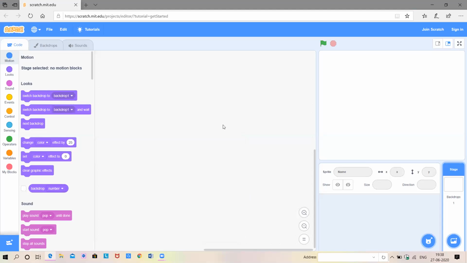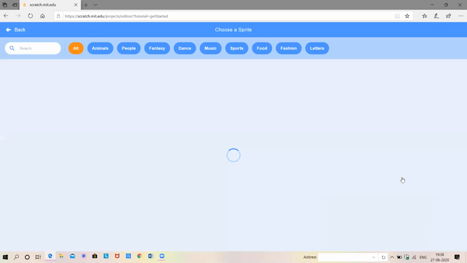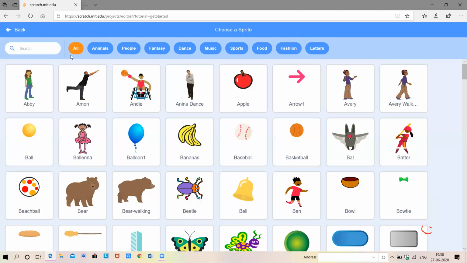The very first thing, we have to select a sprite. To select a sprite, click over there, then click on this magnifying glass, very good. Type the word cat or search for that animal.